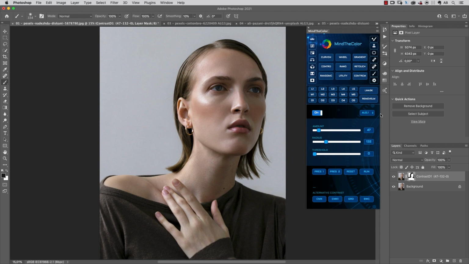Now, we can switch to the second algorithm, that is algorithm number 2 here. And here, for example, I want to apply algorithm number 2 with different settings. Maybe I can increase the radius, something like this. And you see, okay, this is too much, I would say, so I can lower the amount, like this, for example,